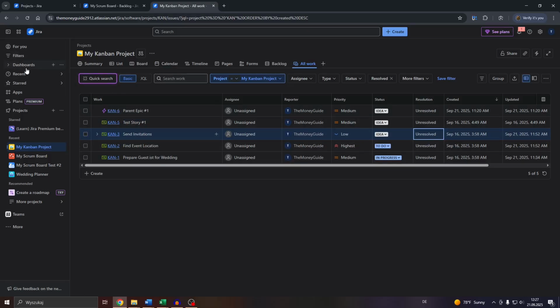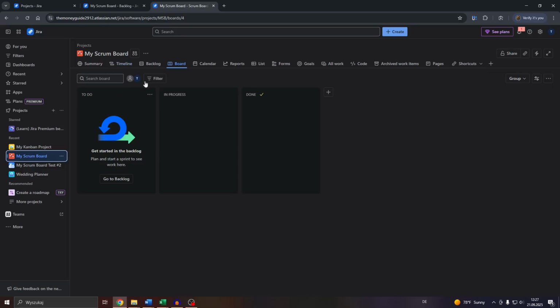So let's assume you have been working on a Scrum board. Let me head over to that Scrum board here as an example project. Within your Scrum board, you have been working on a couple of sprints, and each sprint consists of several work items, such as tasks and so on and so forth. To access a better overview and gain access to reports of these sprints, all you need to do, guys,